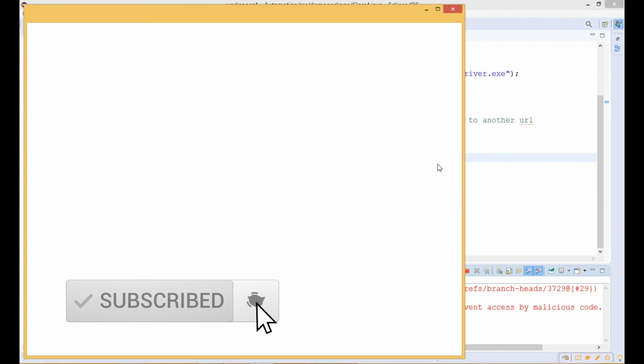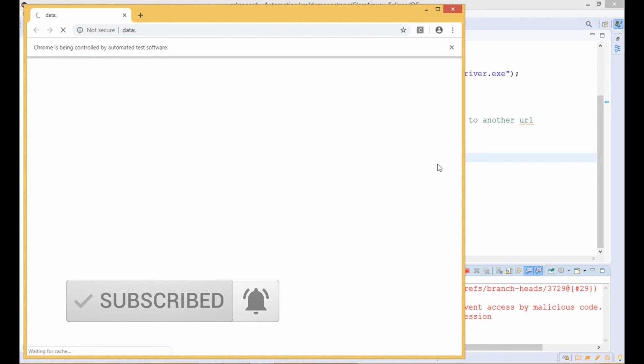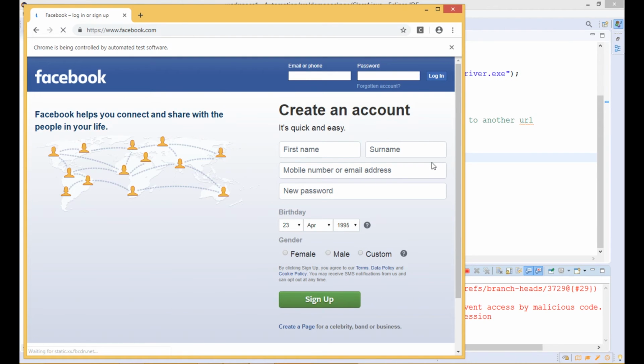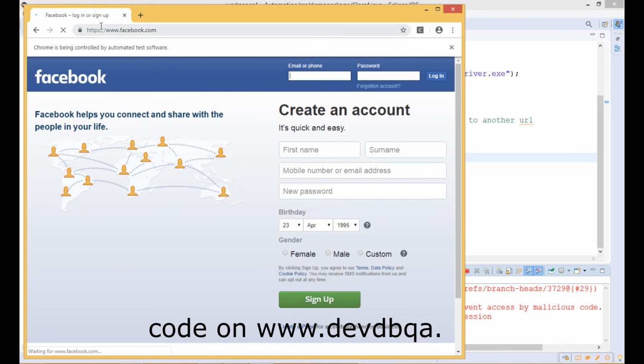The Chrome browser is invoked and first it will load the facebook.com. Once Facebook is loaded completely, then it will go to gmail.com and again it will come back to the facebook.com URL, right? As you can see, Facebook is being loaded. Once it is loaded completely, then it will go to gmail.com.